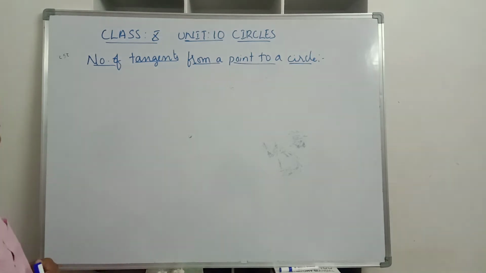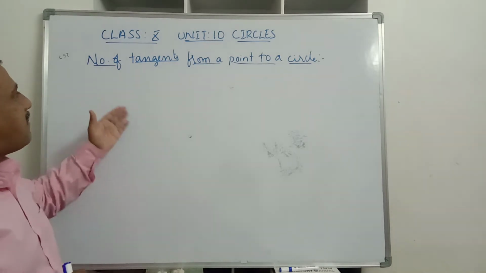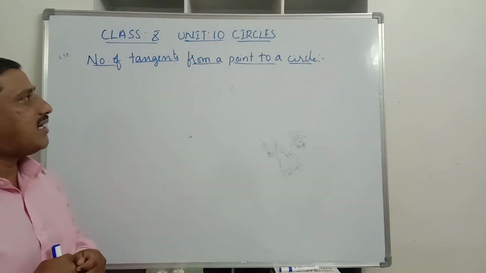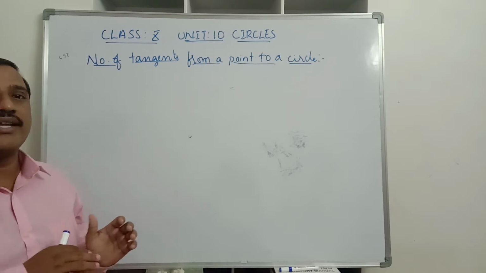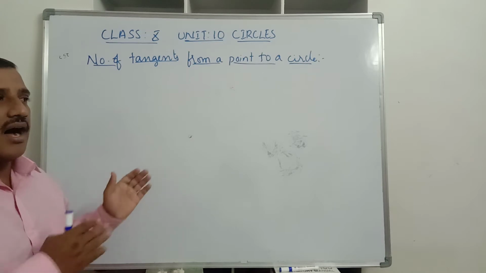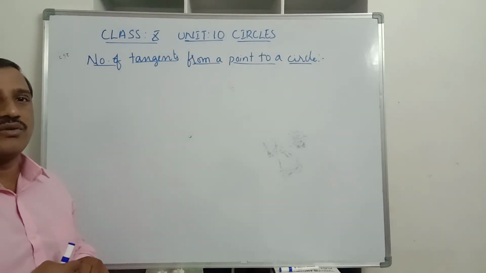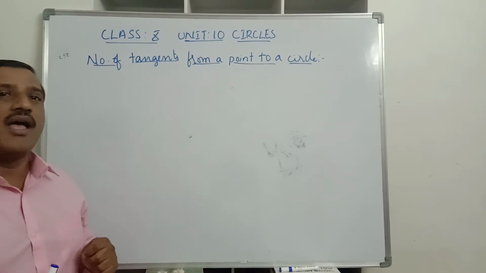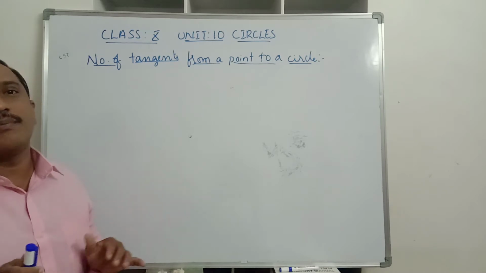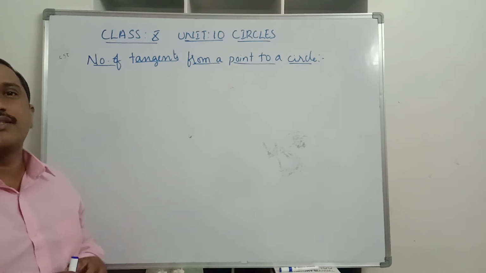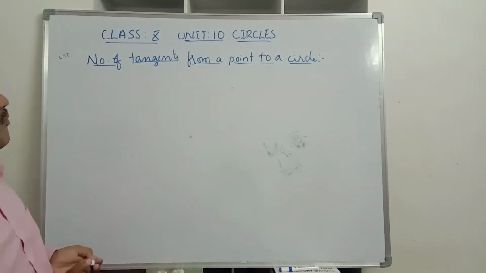Now today we are going to discuss the same chapter, the second part, that is, the number of tangents from a point to a circle and the length of the tangent of a circle. What is the length of the tangent to a circle? And there is a theorem related to the lengths of the two tangents drawn from an external point. That theorem also we will study in this class, and its applications in solving some of the problems from the exercise. Now, number of tangents from a point to a circle.